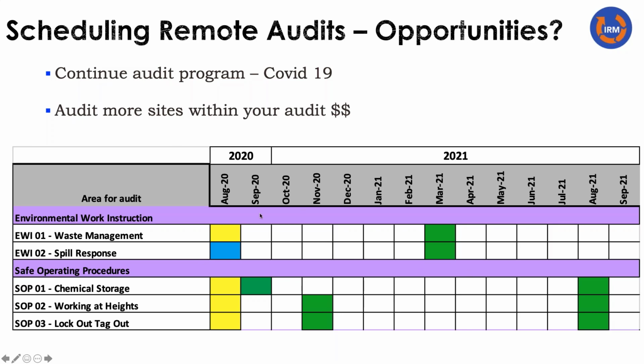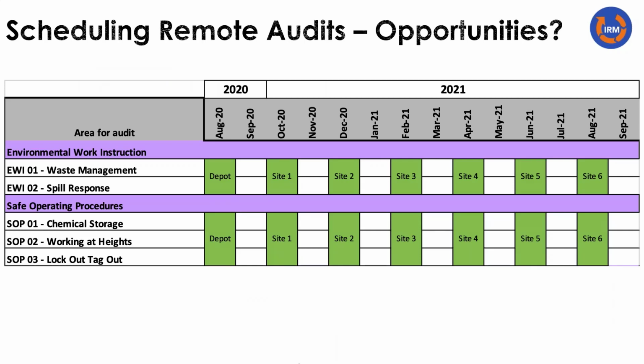So this is just a very simple visual representation down the bottom. Here's an audit plan focusing on one site, where across our safety and environment procedures, as one example, we've broken up when we want to do these different audits in green. Now, where we can get more bang for our buck is via remote audits. I'm not saying we never want to audit on site in the future, but I've seen companies say, we're going to audit 2 sites, the depot and site 1, on site this year, but all these other sites we couldn't cover, another 5 sites, we're going to do remotely,